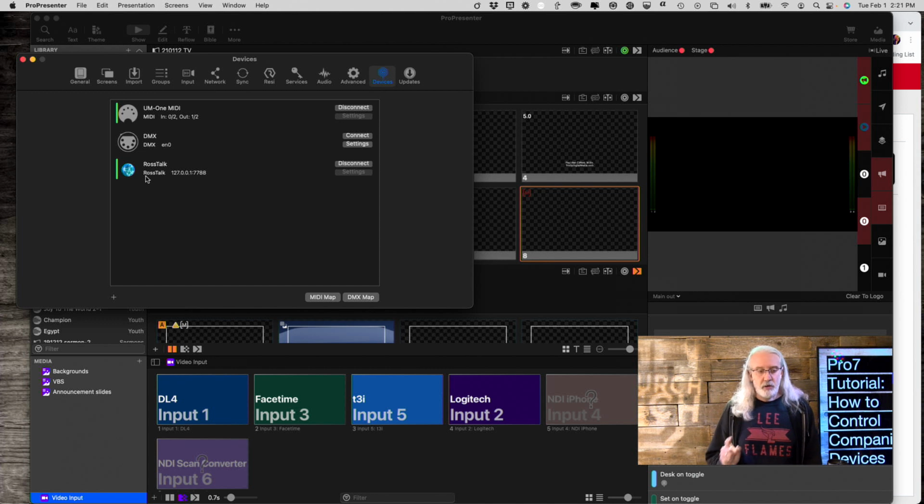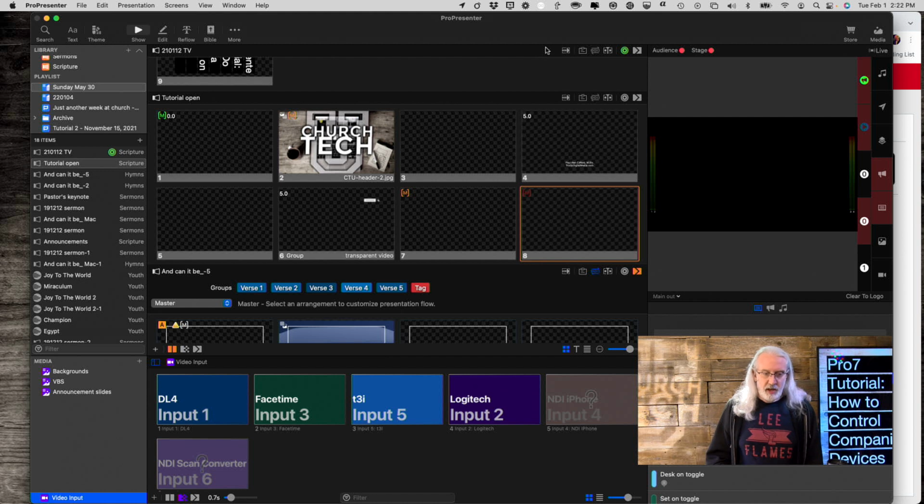So right now, ProPresenter will be able to send a command from itself over to Companion, and then Companion will do whatever is on the button. So let's close that out, and I think the best way to do this is to add a